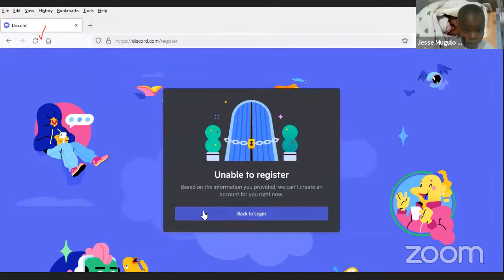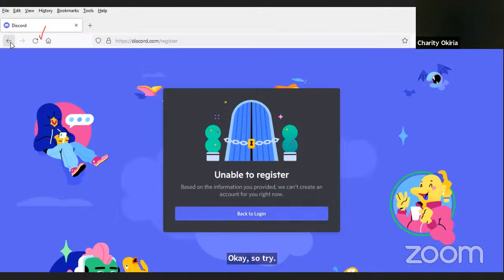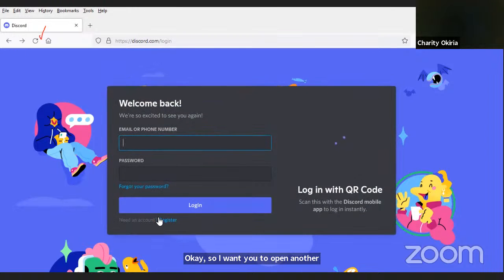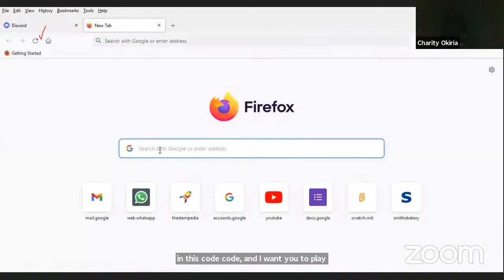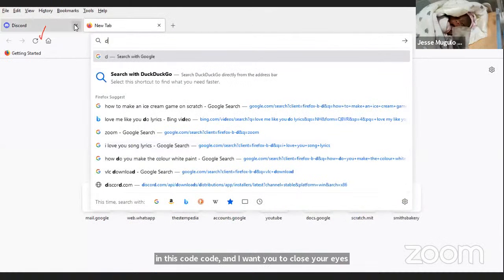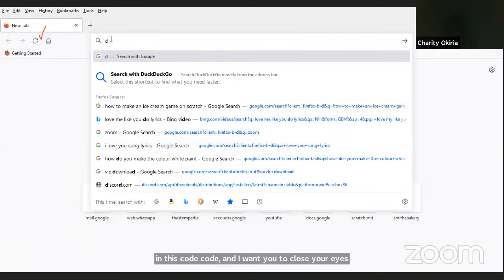Okay, so I want you to open another tab and put in discord.com, and close the other one. Yeah, discord.com.